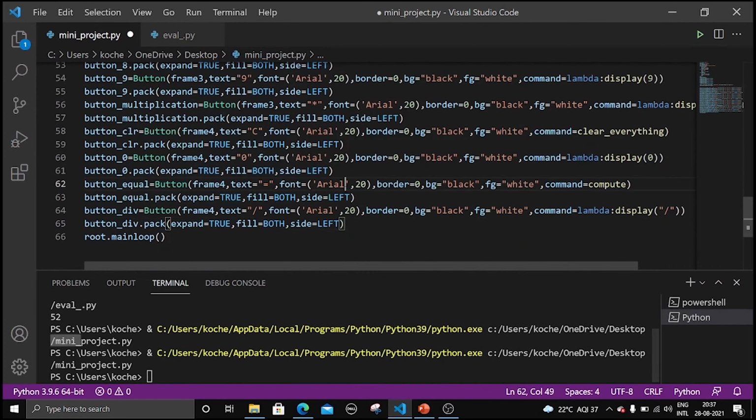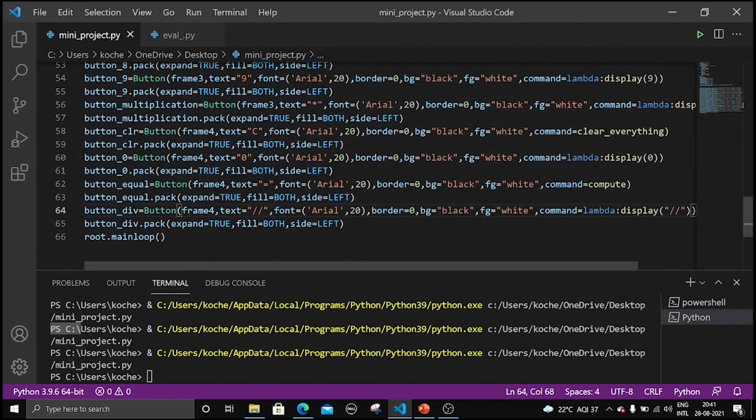Since we have completed our mini project, there is a little work for you to do. You need to add any one extra option to this calculator. Let me give you a few examples. You can add a power option. Power is nothing but double star. And you can add floor division, which gives the integer part of the division, right? So just create a new button, change the text, and change this here, right? For power you need to put double star, and for floor division you need to put double slash. These are a few examples which I have given.